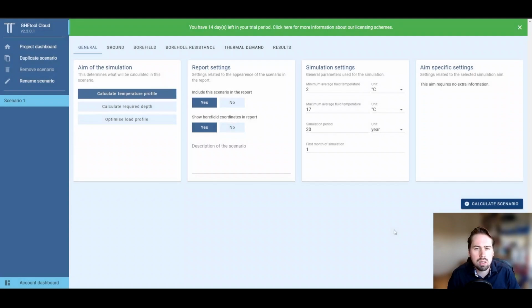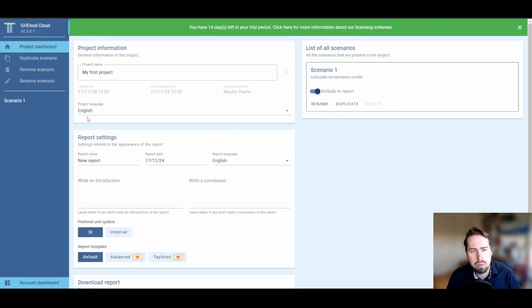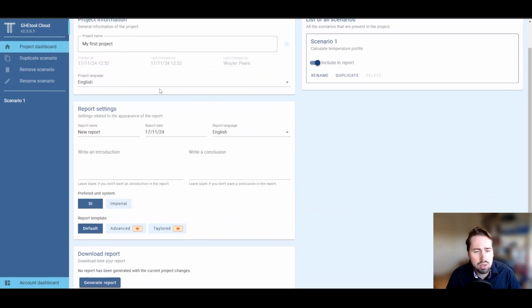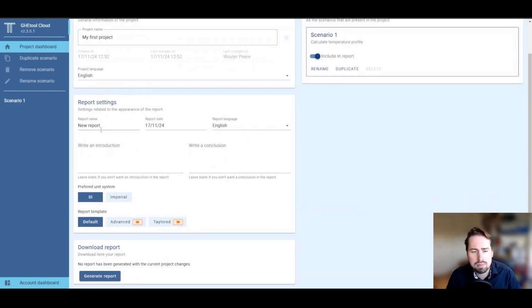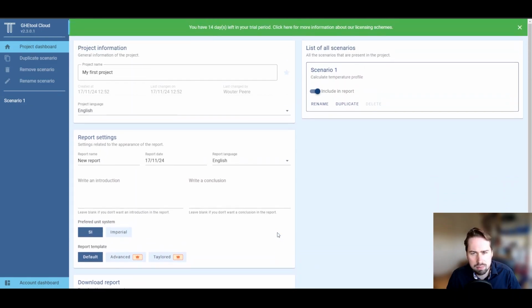And now we're in the project view of GHEtool. On the left, you find all your action buttons related to the scenarios. You can rename a scenario. You can duplicate a scenario and you have the project dashboard with all the information about the project, the name, created, language. You find report settings here and you can generate your report over there. Currently we have only one scenario,